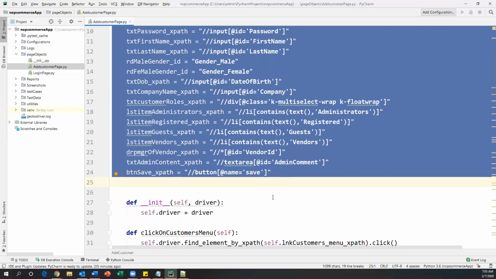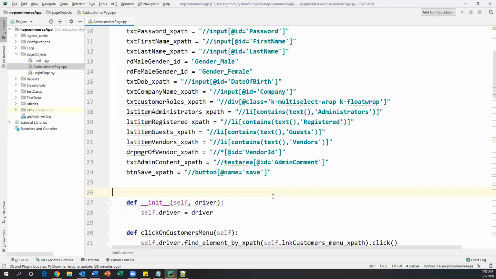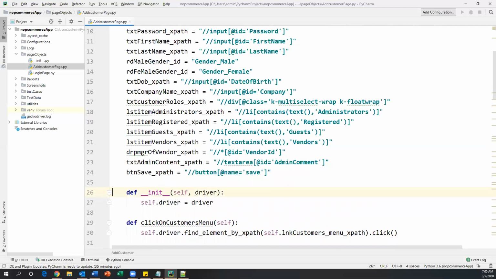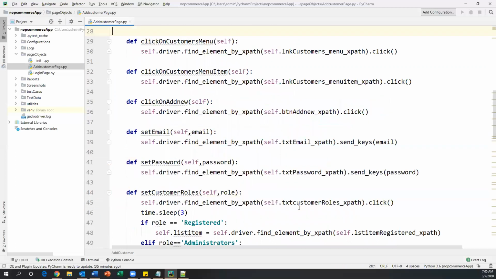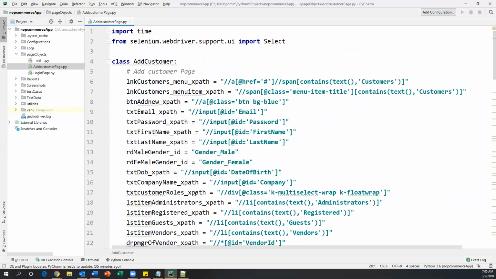We cannot finish in 1 or 5 or 10 minutes. So take your own time and try to finish the page object classes. Once your page object class is done, then you can write automation test cases very, very easily. So the only challenging job is creating the page object class, because for every element we need to write the action methods also. So that's another thing which we need to put some effort into.